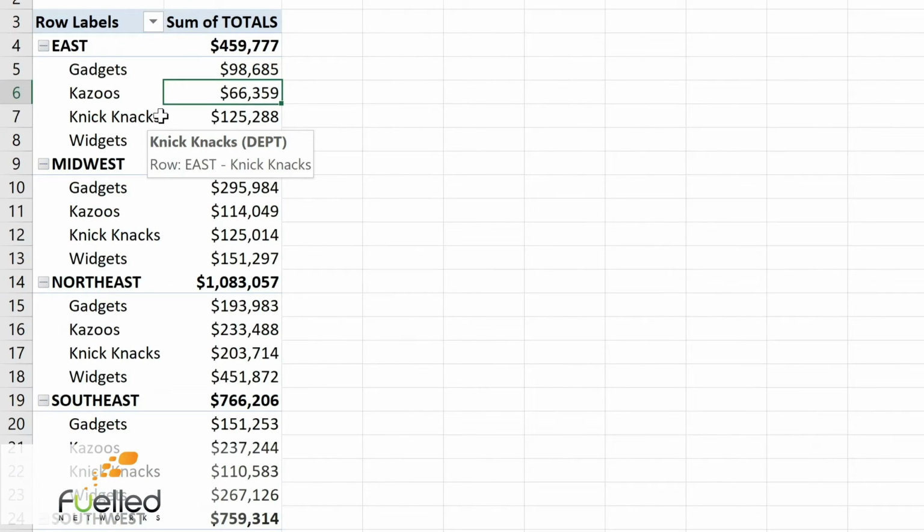And we now see a pivot table where we have subtotals for each one of those regions with more specific information for those departments. Now here's where we can see the real magic of a pivot table, that is turning the data on its side. Although this might be exactly how you want to be able to see your data, we can format it a